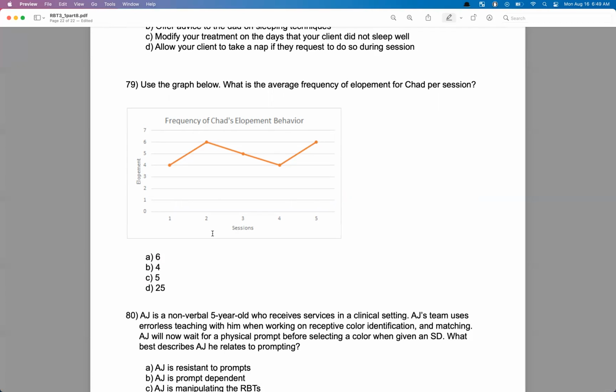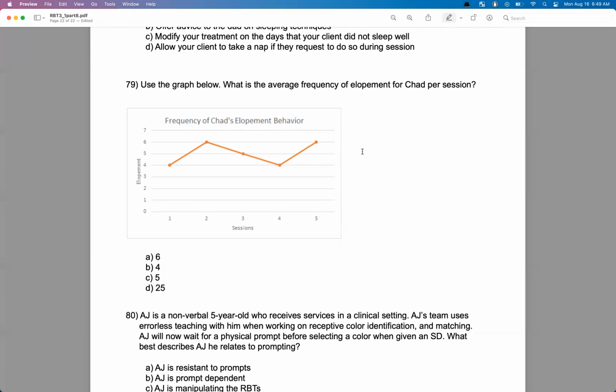How do we get an average? You get an average by adding up all your data points and then dividing it by the total number of data points, meaning we have 5 data points. So we'll add up the 5 data points and then divide it by 5. That'll give us an average. So data point 1, 4, data point 2, 6. So we have 10, right? Data point 3, 5, we have 15. Data point 4 is 4, we have 19. Data point 5 is 6. That leaves us with 25